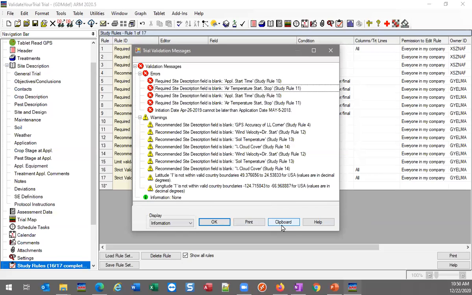But either way, then the sponsor can load up those interim results and just run the validation. It can be confident that all of those typical checks that I do, I don't need to sit and do by hand. ARM can check those things for me. So that can be a huge time saver